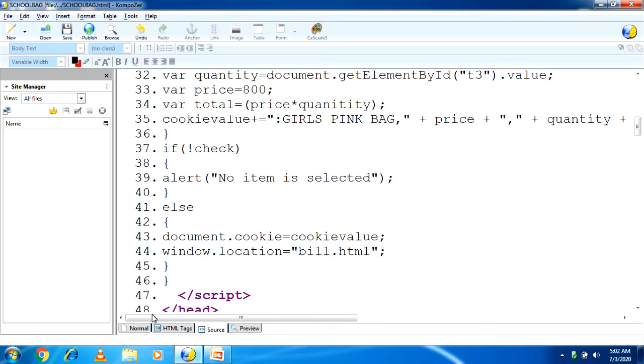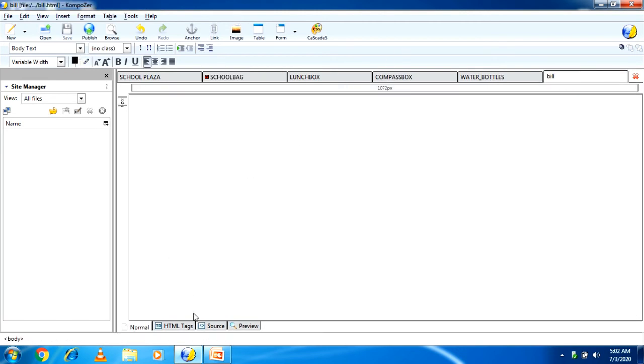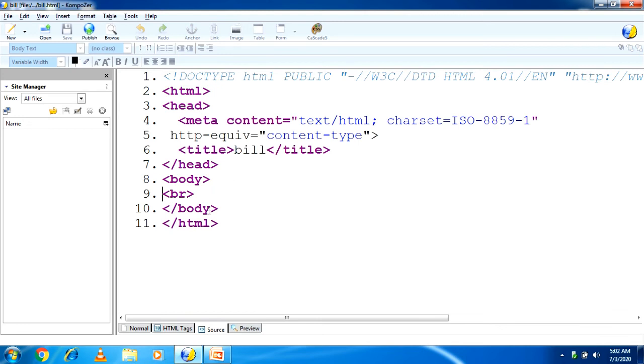Now in the bill page, go to the source tab, and in the body tag write onload equal to the function name myBill(). This is your function name, and now you have to create this function.